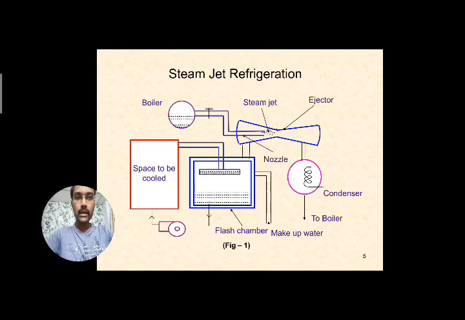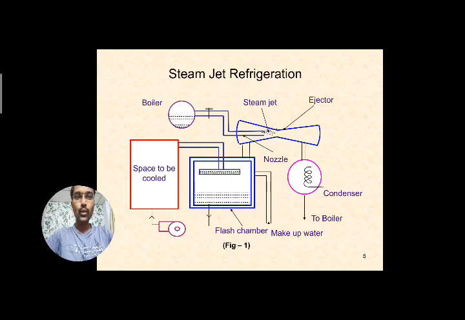And next, another pipe to this flash chamber: here at the top, you can see a pipe connected to a space to be cooled. Here we are cooling any components or products placed here. The other end of this flash chamber is connected to the makeup water pipeline. Why? Because evaporation of water will take place, so every time you have to add some more water. That is the makeup water connection. In between this space to be cooled and this flash chamber, we are connecting a pump.